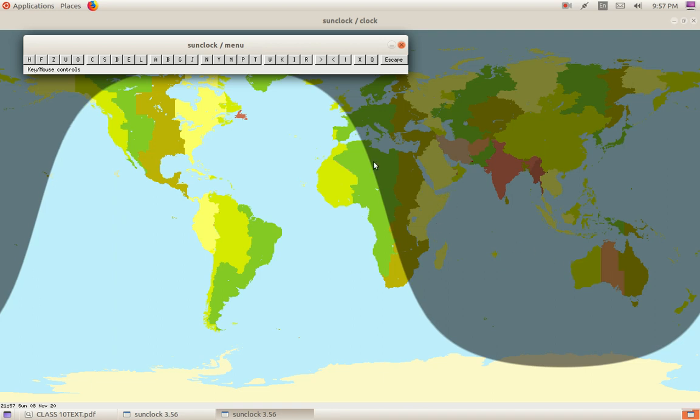The night and day separation is shown here. How will you remove this? How will you hide this? To hide this, you have to click on the N button. N is used for hiding the separation between night and day. Listen carefully. It is known as toggle night. What is the name of this tool? Toggle night. Click on that. When I click on it, see?